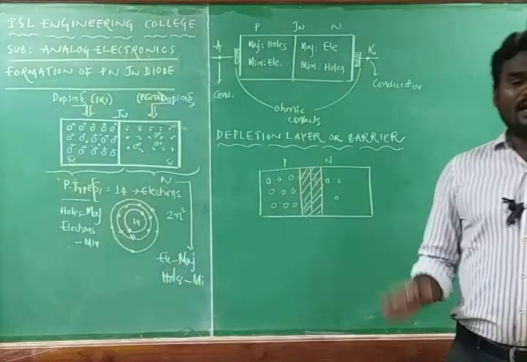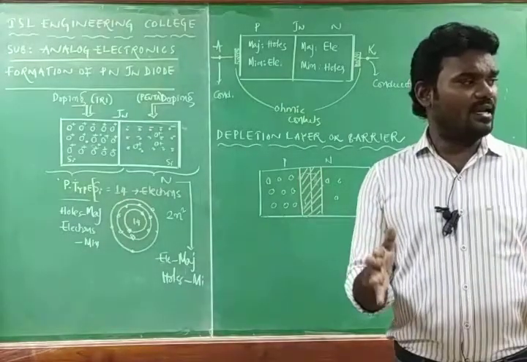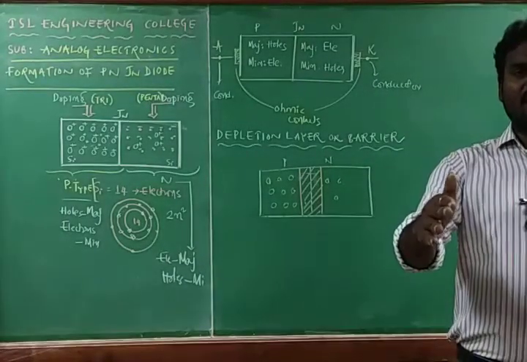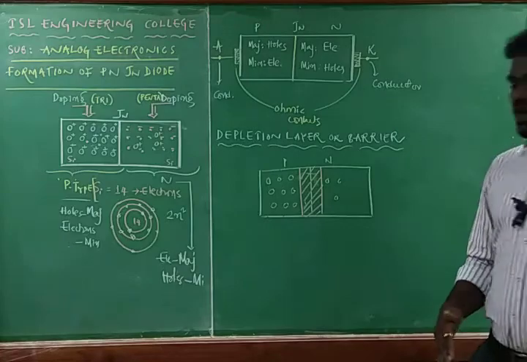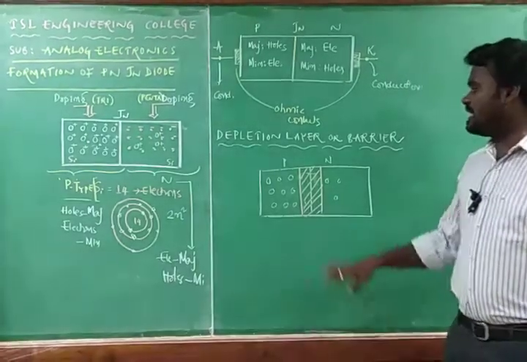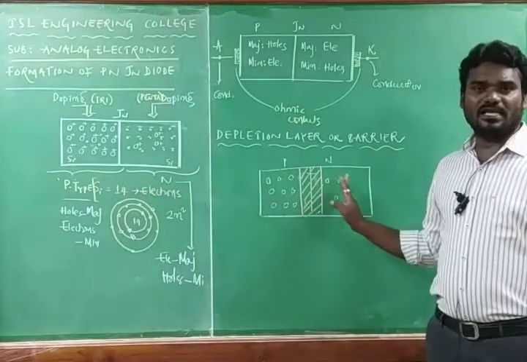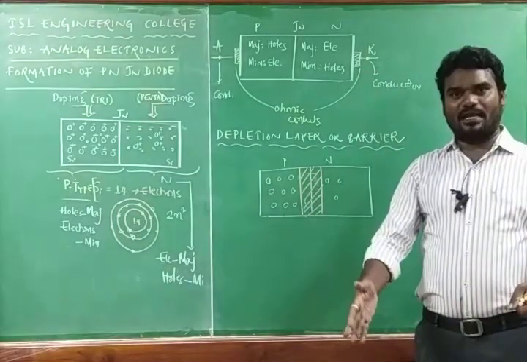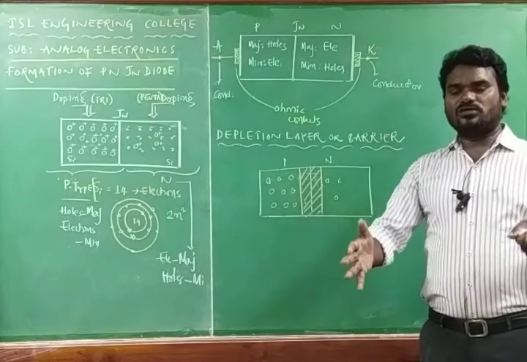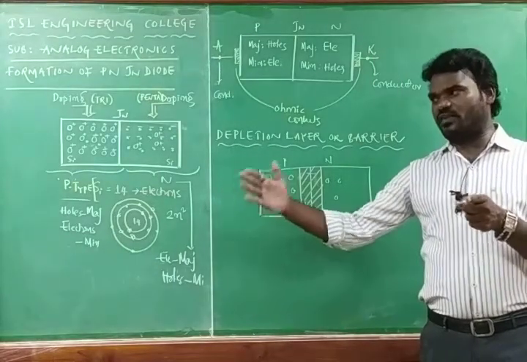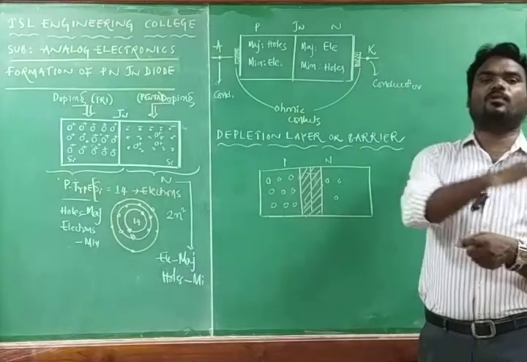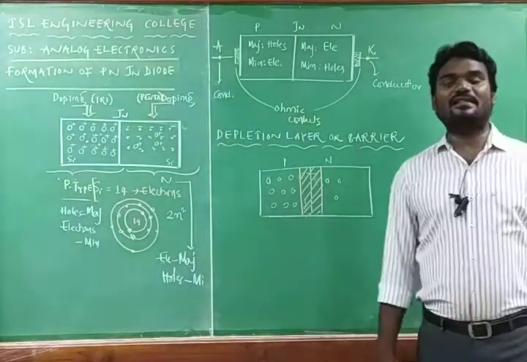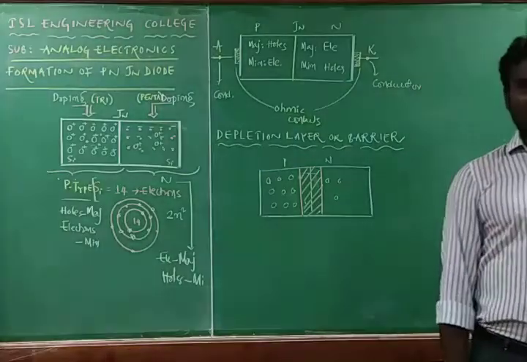That means what? The depletion layer stops the further flow of electrons from n side to p side and the further flow of holes from p side to n side. It is acting as a barrier for the charge flow, so it is also named as a barrier. It is acting as a wall, so that it can stop further flow of electrons from n side to p side and p side to n side, such that it forms a layer, and that layer is named as depletion layer.